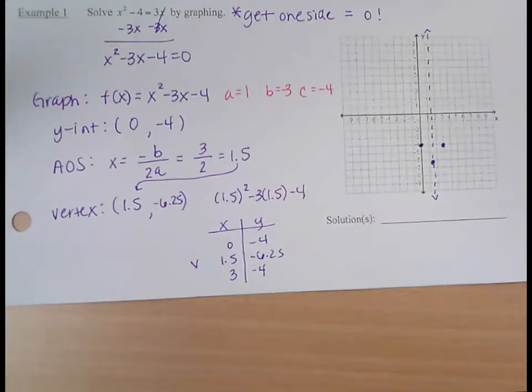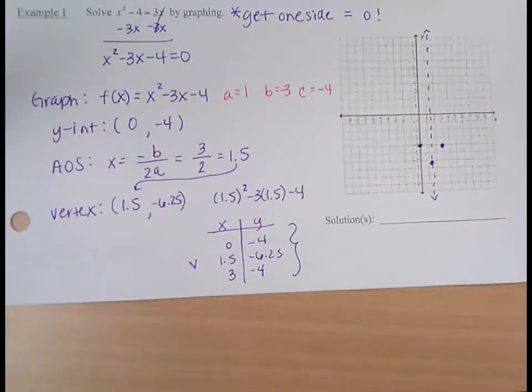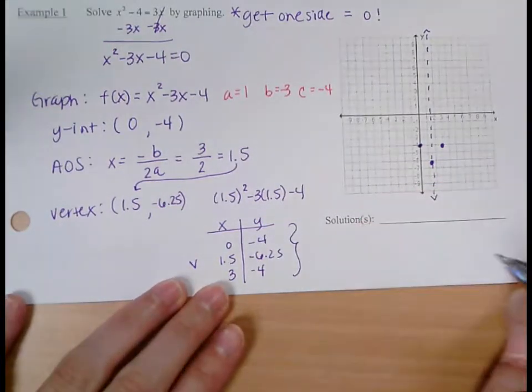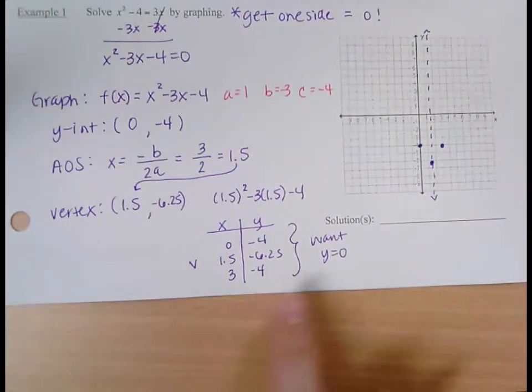From what we went through above, we know our solutions are the x-intercepts. Do not, for this graph right now, just sketch in a parabola and say, well, I think the x-intercept is going to be right here. That is not the way to find your x-intercepts. What you should do is, I know at an x-intercept, the y value is going to be 0. So in my table, I want to see y values of 0, because then I know those x values are the x-intercepts, meaning I want to try to substitute in x values or plot points where the y value is